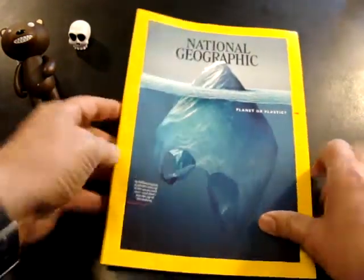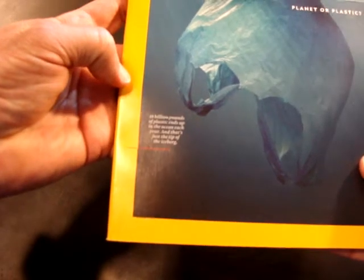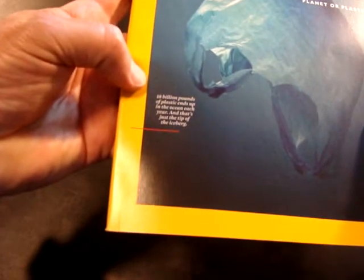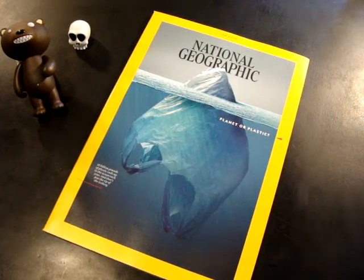There's not a lot of the typical content on the cover. It's just strictly planet or plastic. A good topic for discussion, talking about 18 billion pounds of plastic that ends up in the ocean each year, and that's just the tip of the iceberg, and we have an iceberg image here. Very appropriate subject matter, I think, for our time. We all should make our contribution, or perhaps lack of contribution, to the waste that goes into our environment. So with that said, I'd just like to again pass on my compliments to National Geographic. There have been a few things that I may have disagreed with them on in the past,